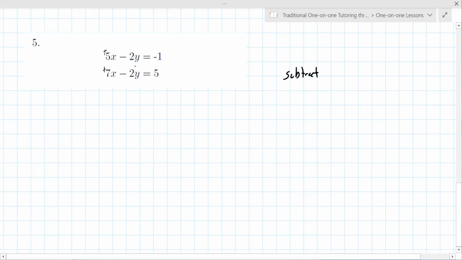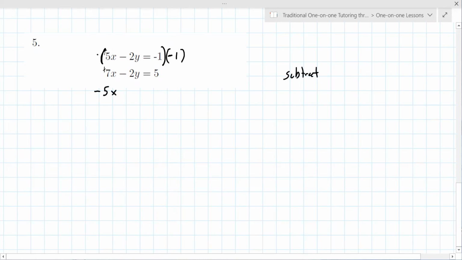Do you need a refresher on that, or do you feel comfortable just subtracting or doing this to solve for one of the variables? Trying to think. I think the hardest way to do this is the subtraction one for me. Yeah. So let's multiply the first equation by -1, and then